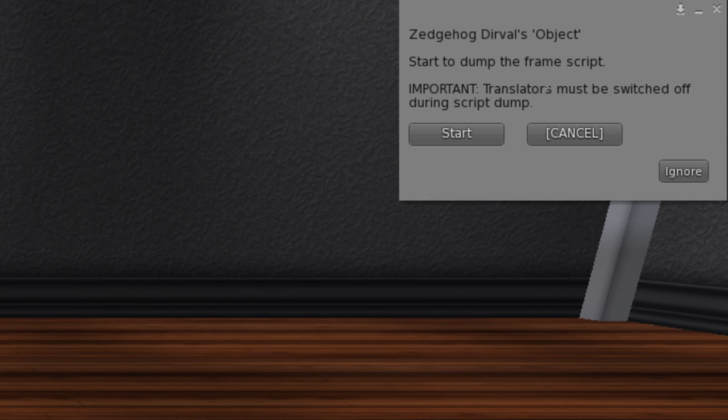So then I get a menu here that allows me to start. Translators must be turned off before dumping a script. I can't stress this enough. If you have a translator turned on, it will mess up the script and it won't save correctly, so you need to turn translators off. Anything else that goes in the chat, like people coming online, offline, music announcements in chat, anything else that goes in the chat doesn't matter. It'll be ignored. It's commented out for the script, but translator speech can't be, so you need to turn them